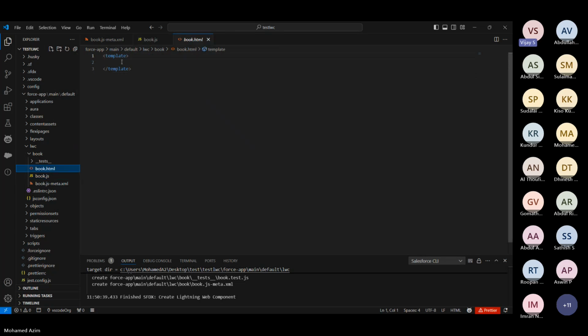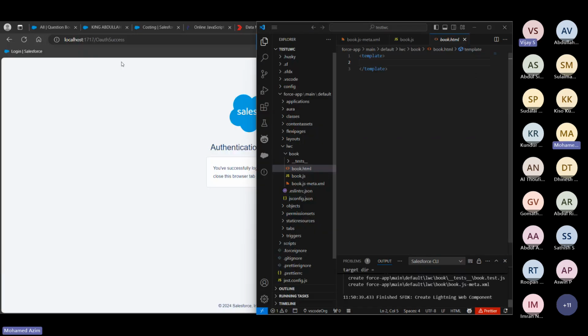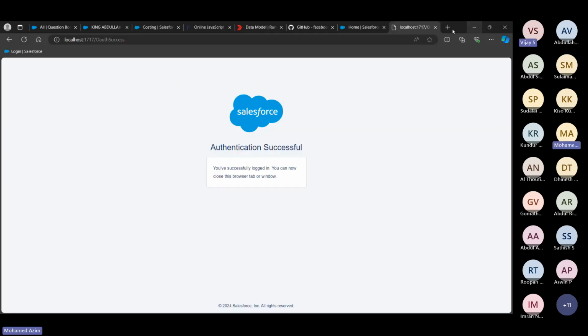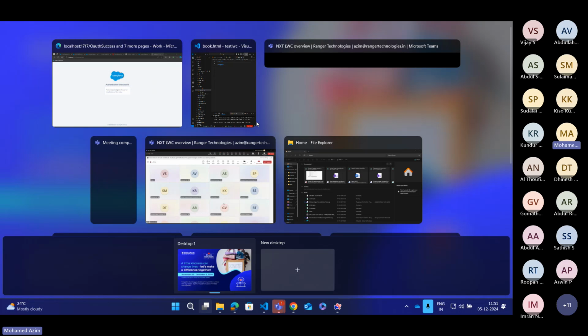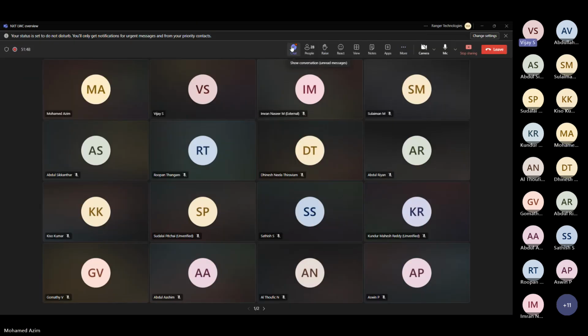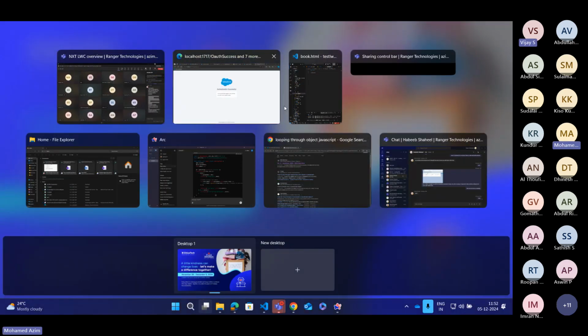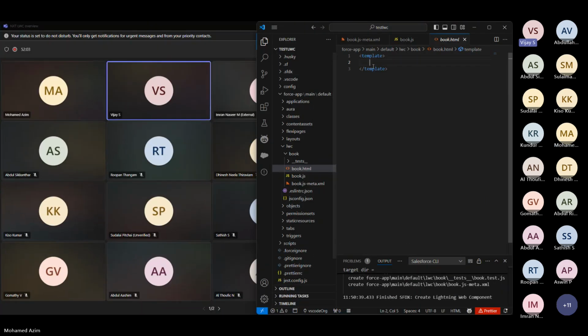Then what is your idea for now? We are going to need to show one input field, right? So I want to use the Lightning input component. Lightning input tag. So you can create one input tag. In LWC, we have the Lightning input tag, right? So